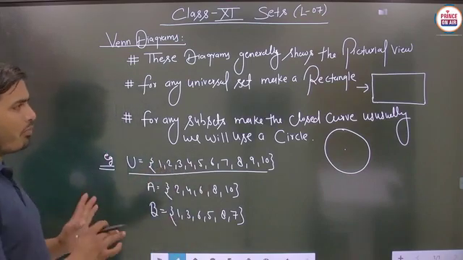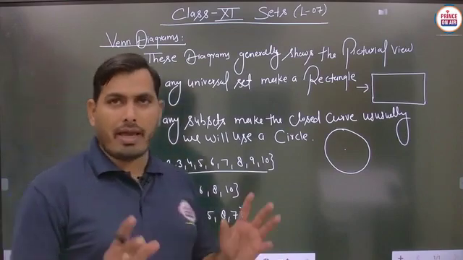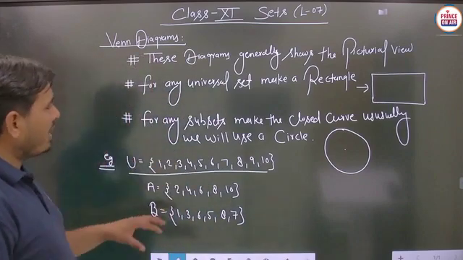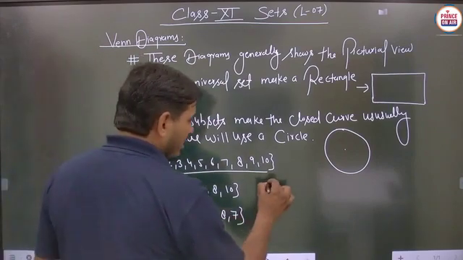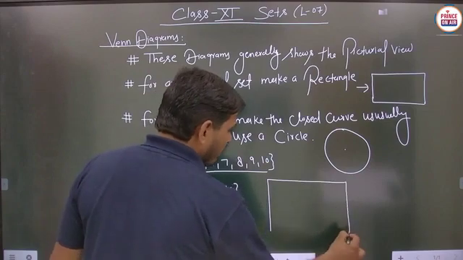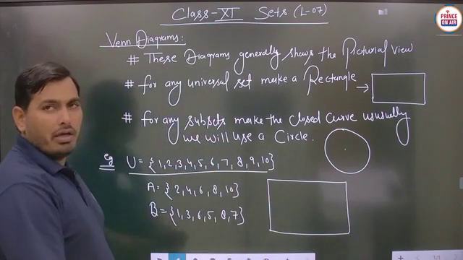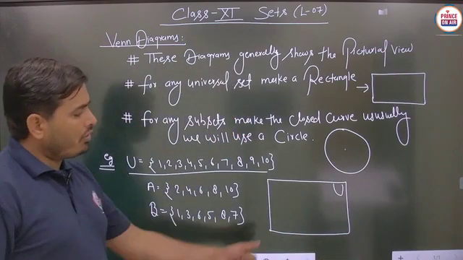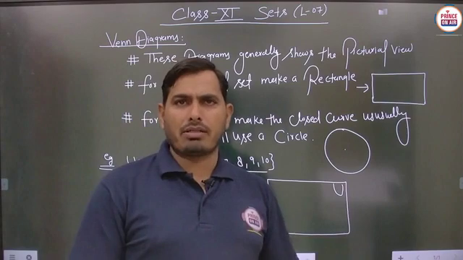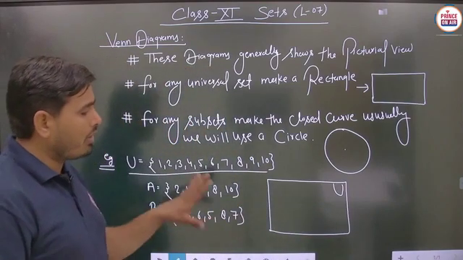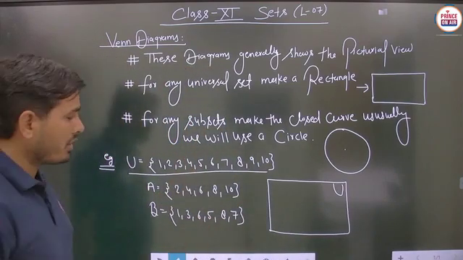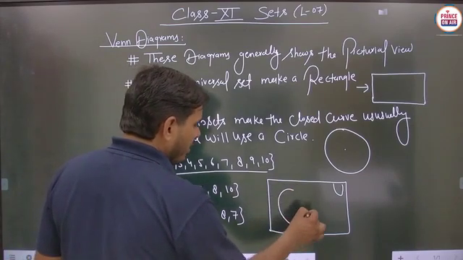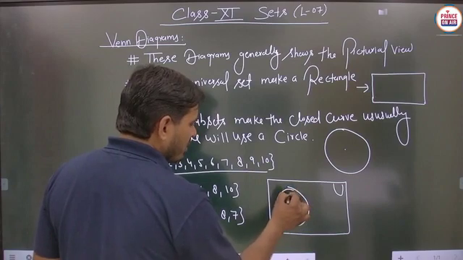Now we have to make a proper picture, or draw a diagram to represent these elements. Is it clear? So these types of diagrams are said to be the Venn diagram. So basically for the universal set we have to make the rectangle, and in this corner we write U for the universal set, meaning in this particular set we are writing all the elements lying in the universal set. Now the subset: students, we have to make a circle here, and this particular circle will represent the set A.